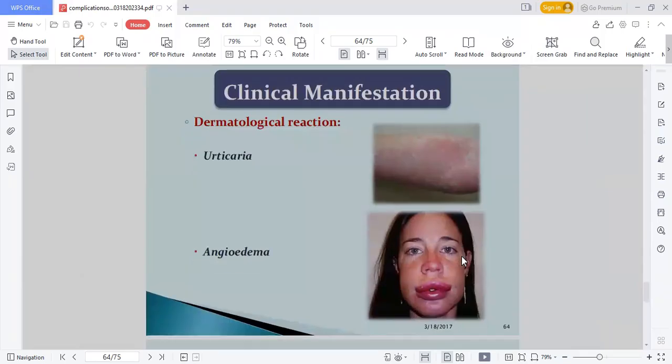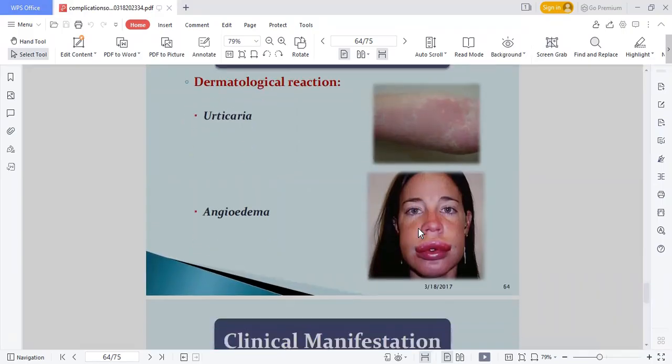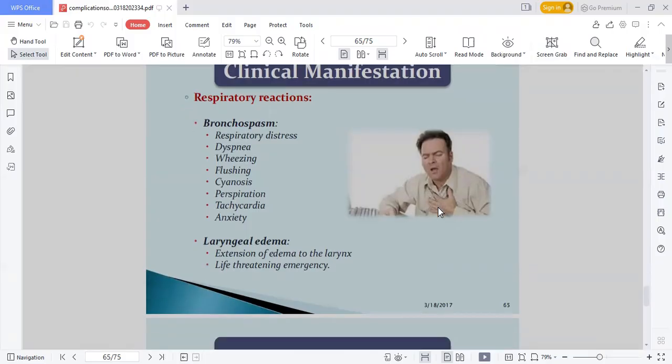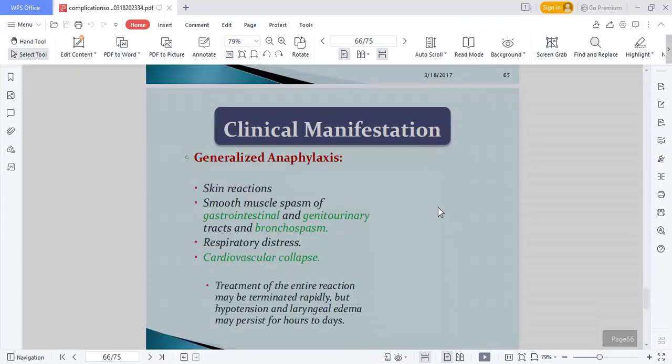So this is a dermatological reaction. This picture shows urticaria. This picture shows angioedema. Respiratory reaction: bronchospasm, respiratory distress, dyspnea, wheezing, flushing, cyanosis, tachycardia, anxiety. Laryngeal edema and extension of edema to the lungs are life-threatening emergencies. Generalized anaphylaxis: skin reactions, smooth muscle spasm of the GIT and urinary tract, bronchospasm, respiratory distress, and cardiovascular collapse will